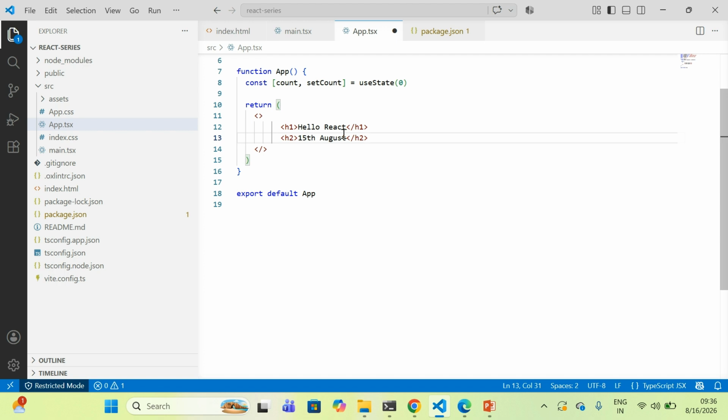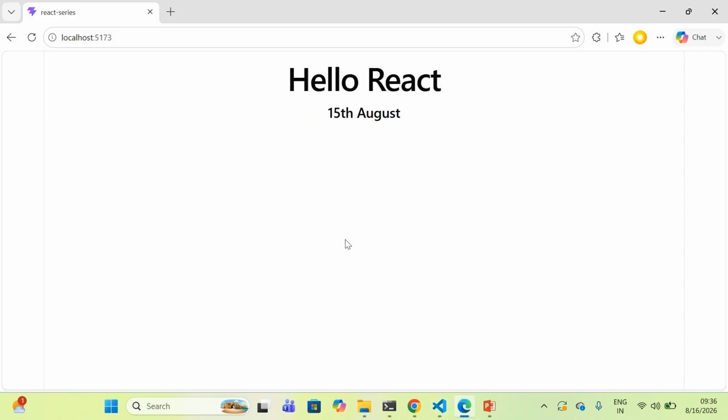So here's our first important React pattern. A component is a reusable function for describing a piece of UI, and JSX is the syntax used to describe that UI. Then let me show you in the browser. So simple. This tiny example contains the foundation of a huge amount of React development.